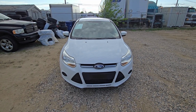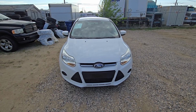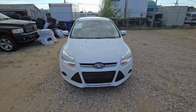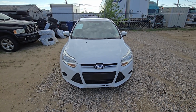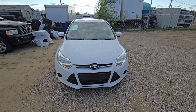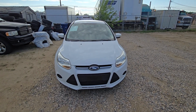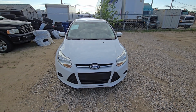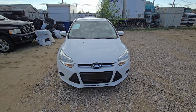So in case you are planning to buy one of these vehicles, it's not enough just to test drive it around the block. You really want to spend lots of time. You want to drive it for at least half an hour. You want to go on a highway. You want to see how it shifts, if it shifts smooth, is there any shuddering. You want to do all of that. Like the most common